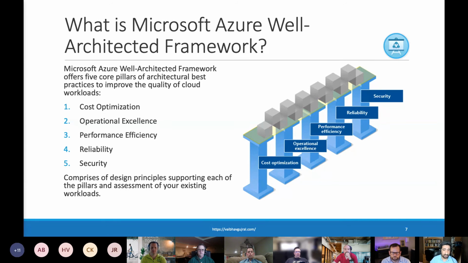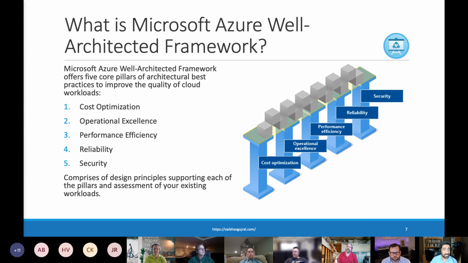Now, there is no one-size-fits-all approach to designing an architecture, but there are some universal principles that will apply regardless of the architecture, technology, cloud provider, or business use case. So these concepts are not all inclusive in themselves, but baselining your cloud architecture on them will really help you in building a more secure, more reliable, more flexible foundation for your overall Azure environment. As you can see in the slide, the Azure Well-Architected Framework consists of 5 core pillars: cost optimization, operational excellence, performance